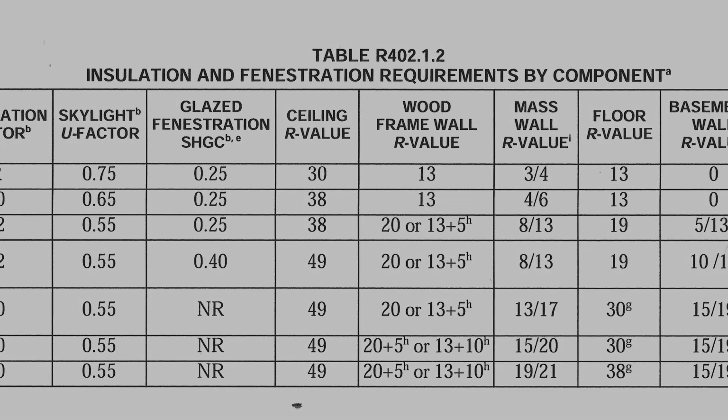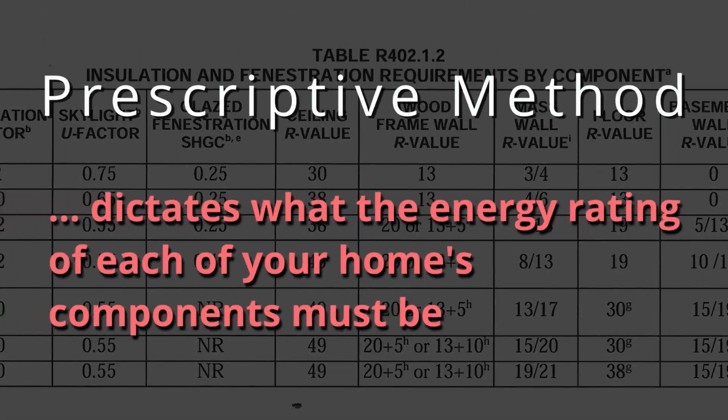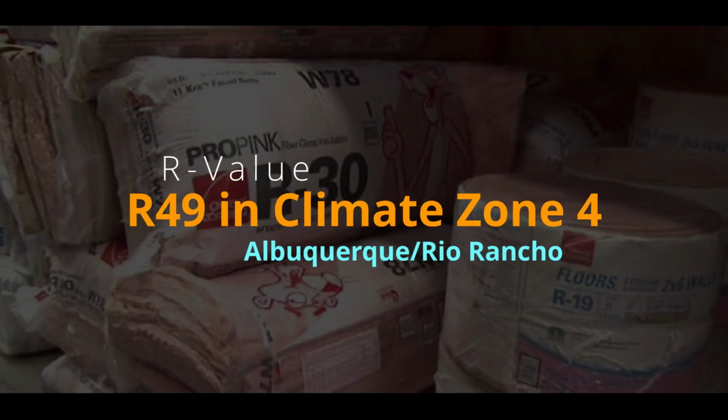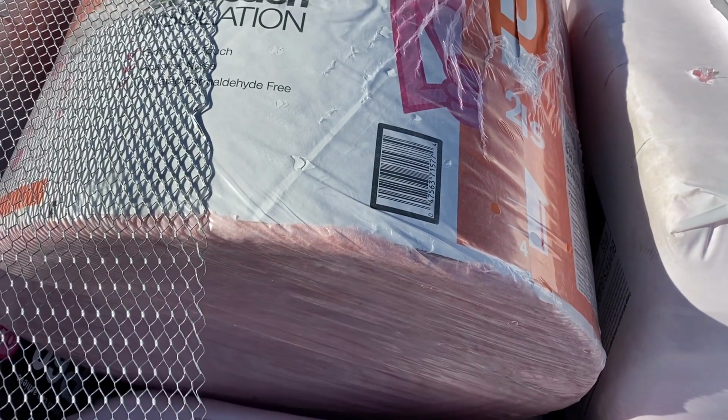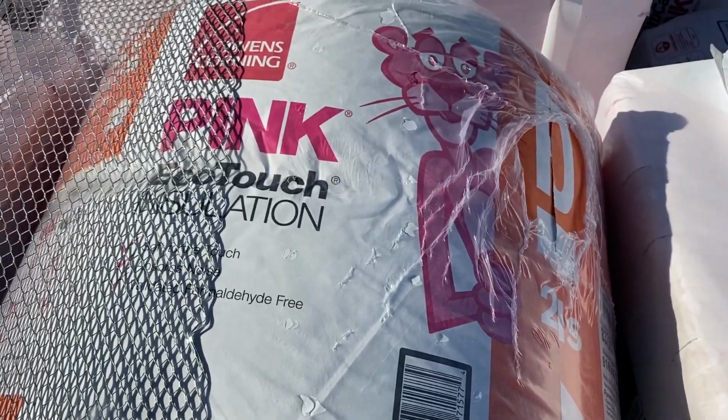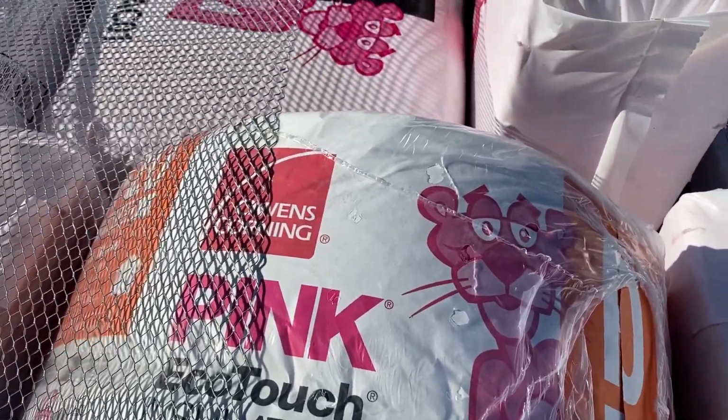R402.1.2. A prescriptive method simply dictates what the energy rating of each of your home's components must be. For example, under this path, ceiling insulation would need to have an R value of R49 in Climate Zone 4. This path is simple, but not very flexible. However, Section